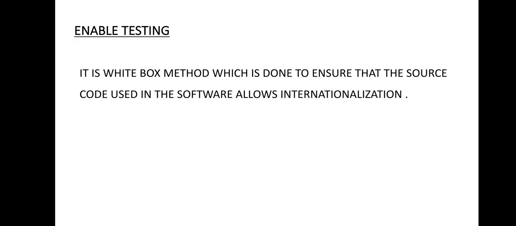As you can see, the first point states: check the code for hard-coded date, currency format, ASCII and character constants. Similarly, check the code to see that there are no computations. Check the dialog boxes and screens to see whether they leave a particular margin, let's say 0.5 times more space for expansion. So these are the things that we are touching in enable testing.